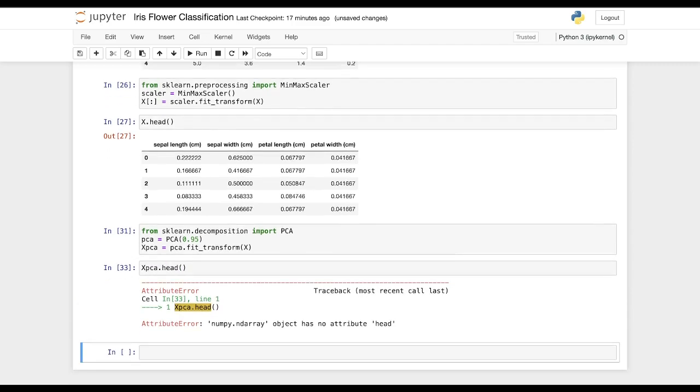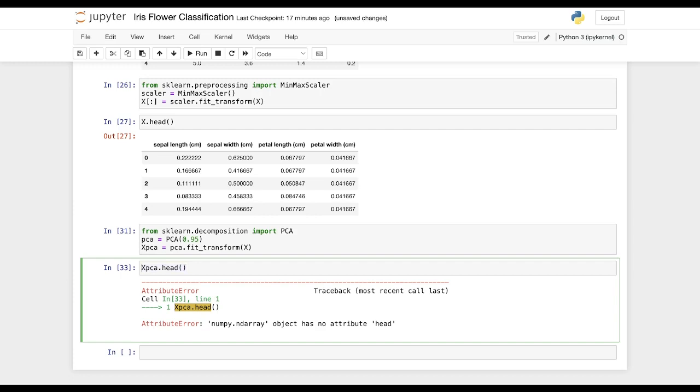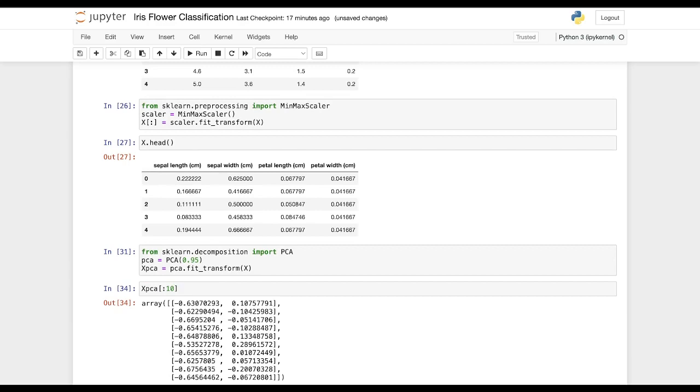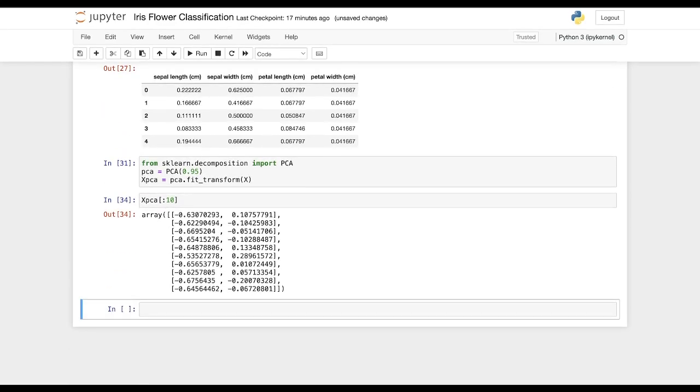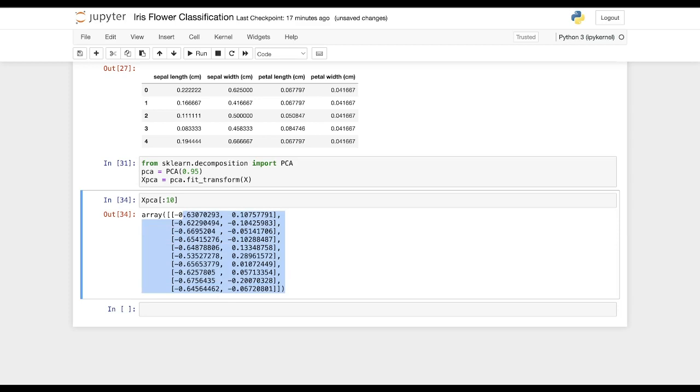Now the data is not in the form of a data frame, so the head method won't work here. If you just try to check the first 10 values from the xPCA, you can see these are your values. The values are in the format of 2 columns. You can also create a data frame out of that.